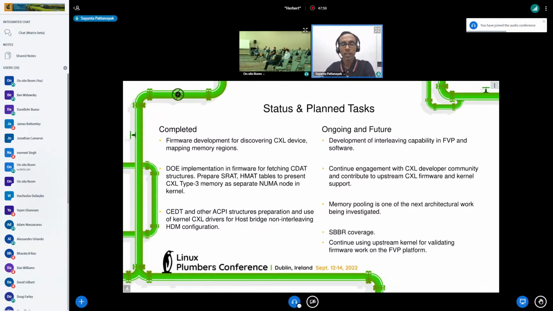On the status, what is currently completed and what's the next task we are aiming for. Currently we have the CXL device enumerations and all the ACPI table preparations done at the current stage. That is what the AVP supports at that extent, but definitely it will be evolving, and more contents and more intricacies will be added in these tables and the